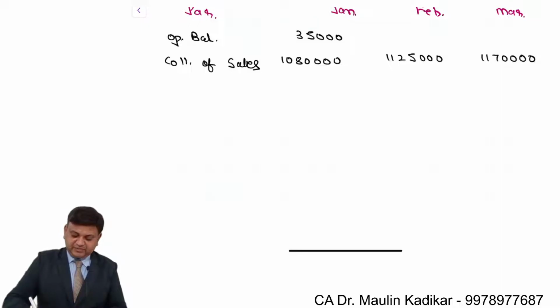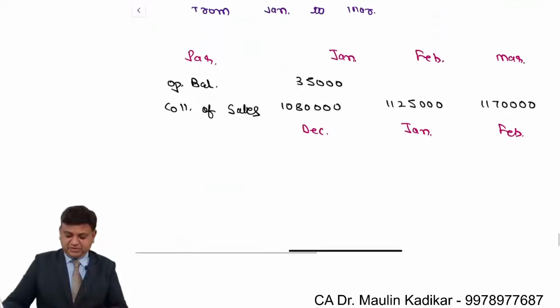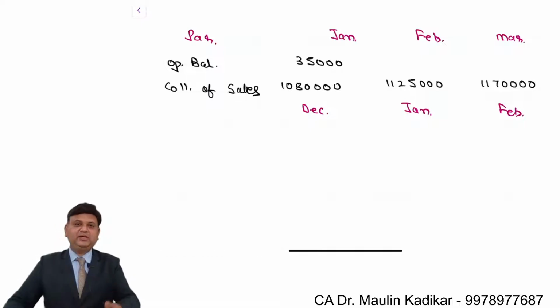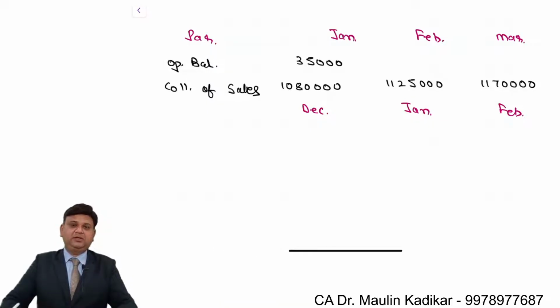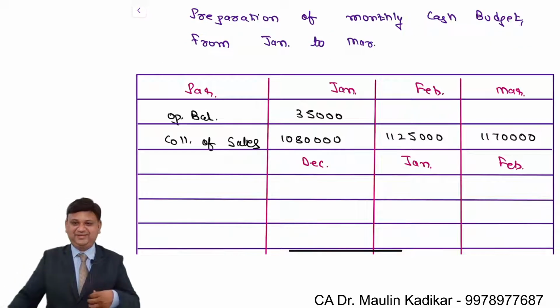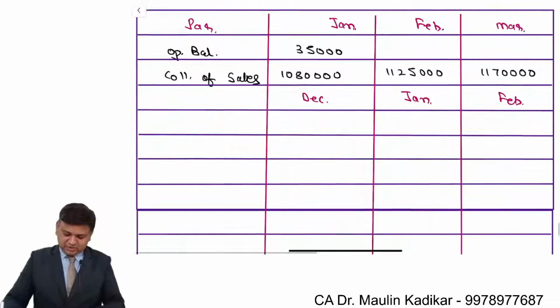It is the sales of December that is collected in January, sales of January which is collected in February, and sales of February is collected in March. And so on, we are required to prepare the cash budget. I request all of you to complete the remaining answer, then I will do the answer for you. So next will be